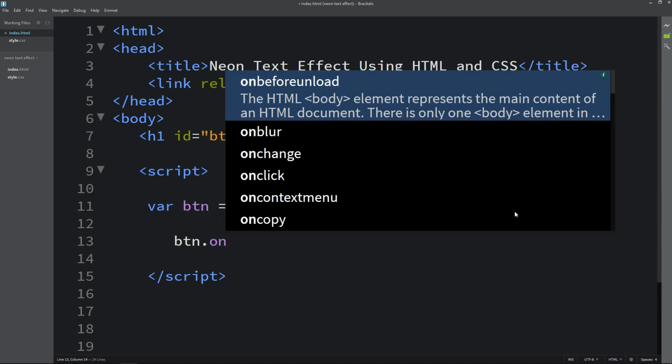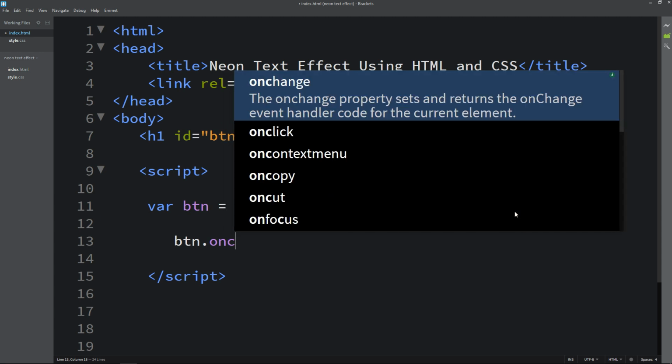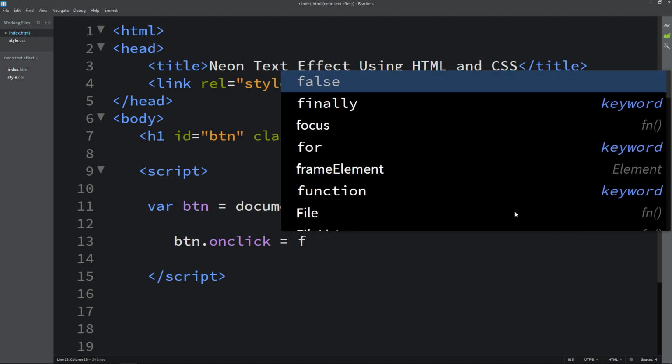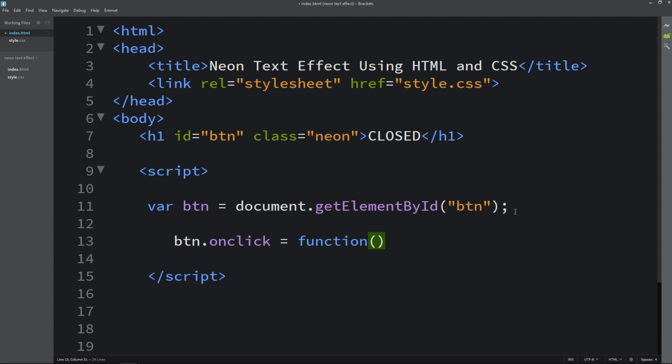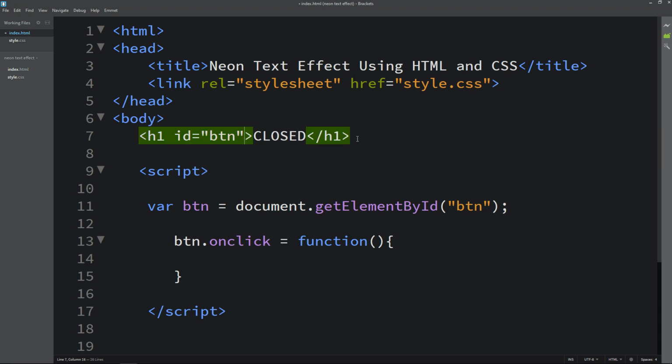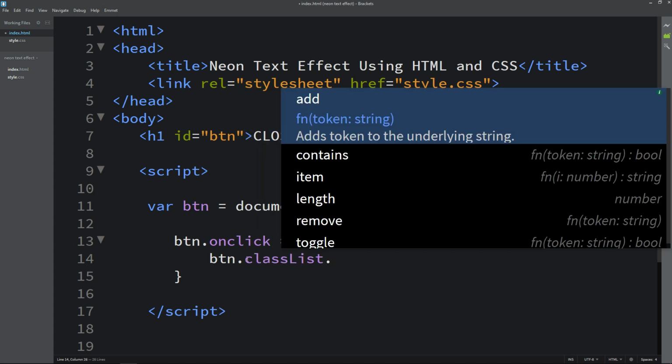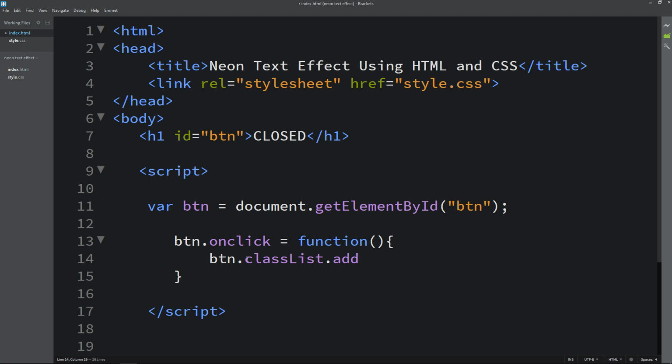Next we will add btn.onclick equal to function. And in this one we will add the class name. So let's remove this class name from here, and in this function we will add btn.classList.add and the class name which is neon.